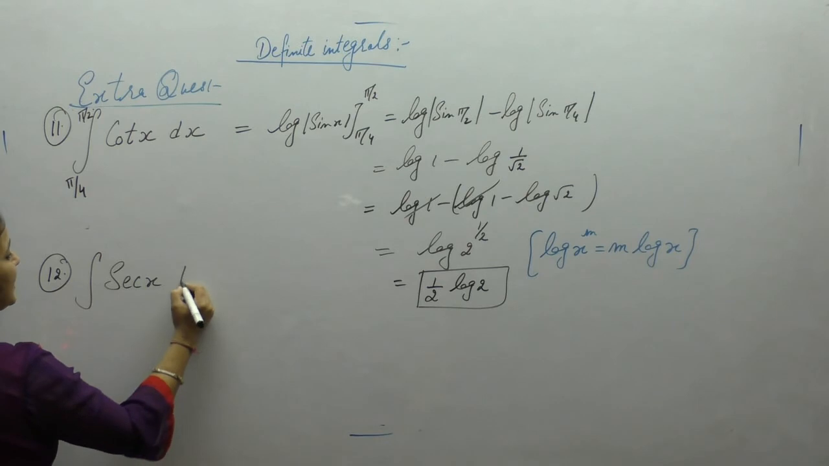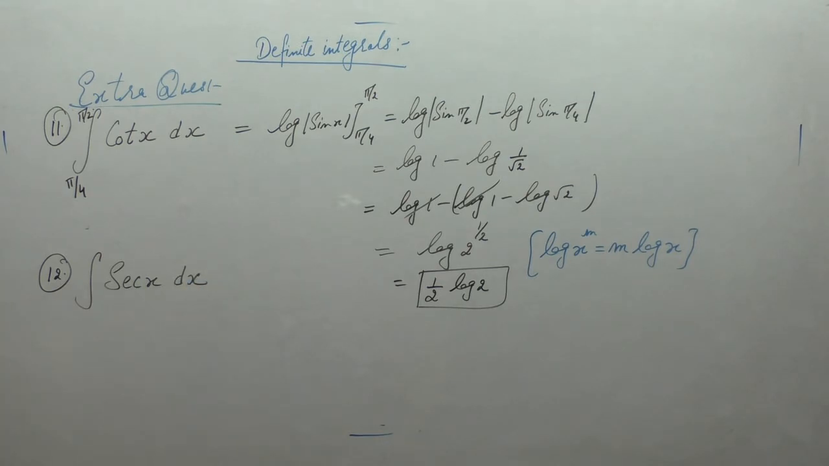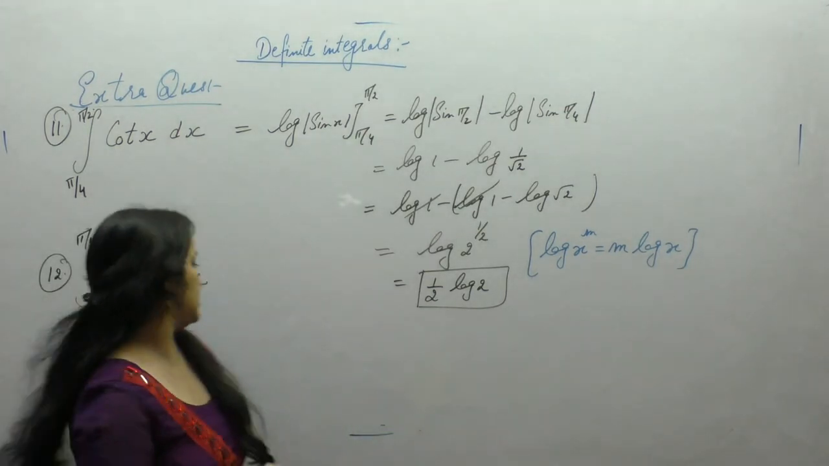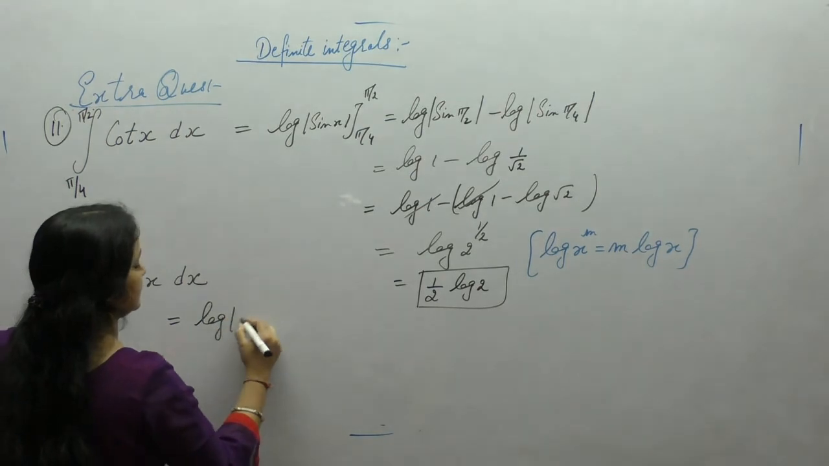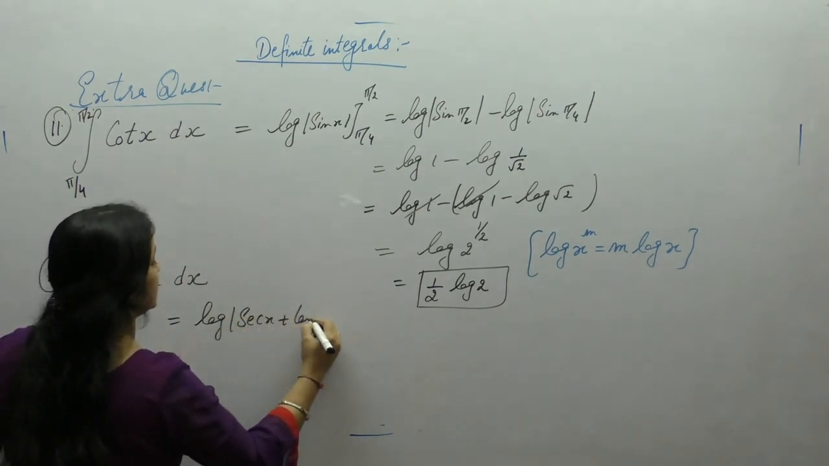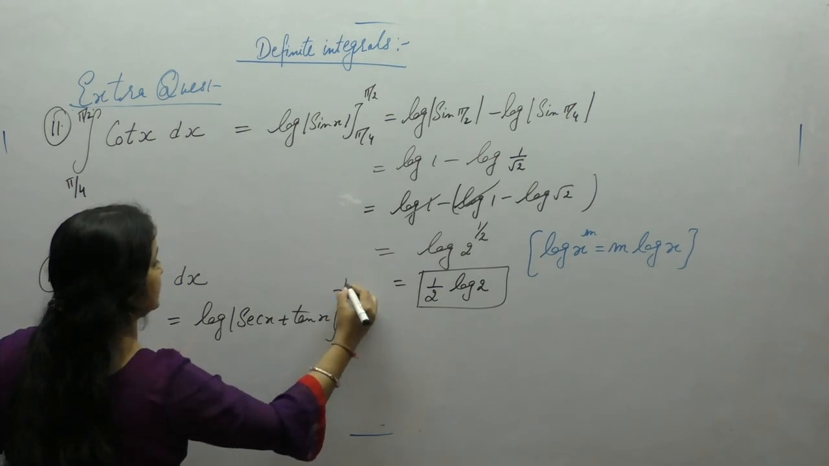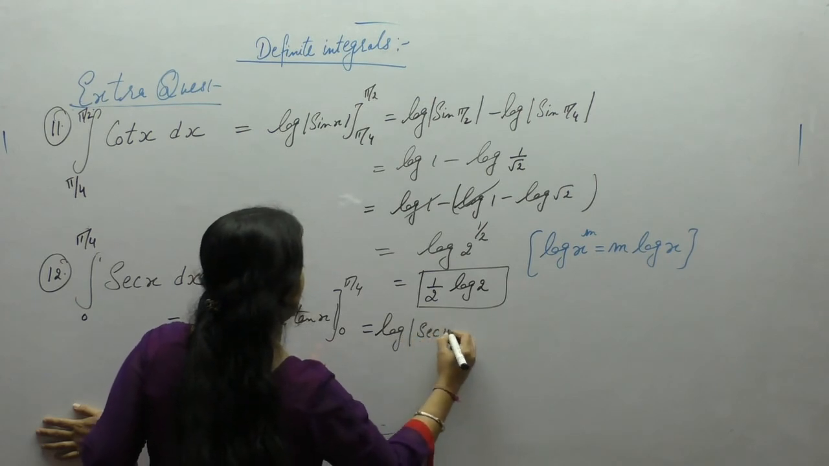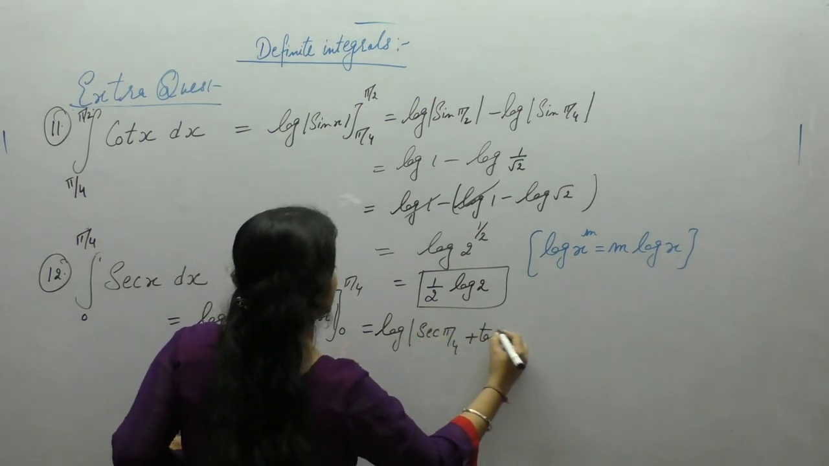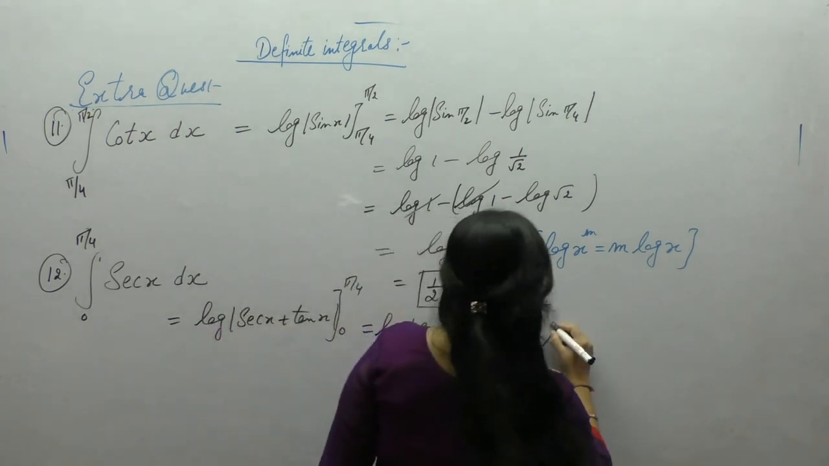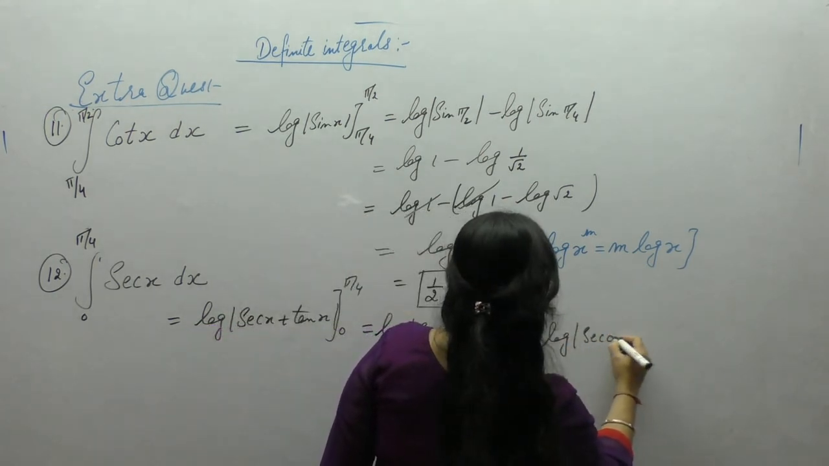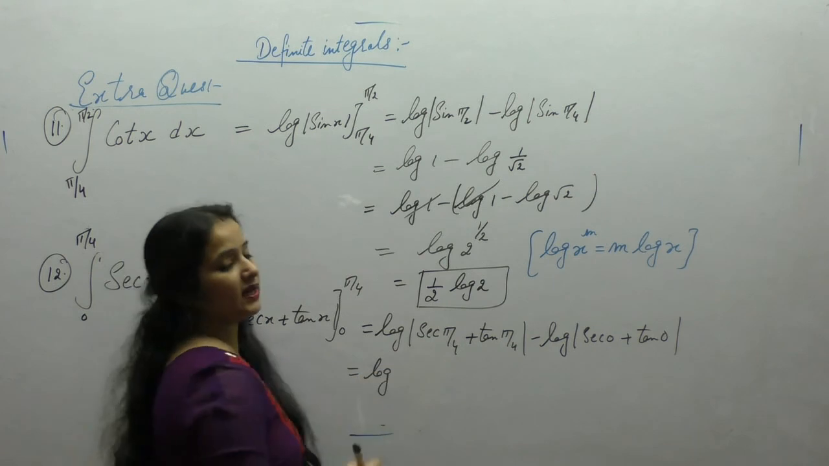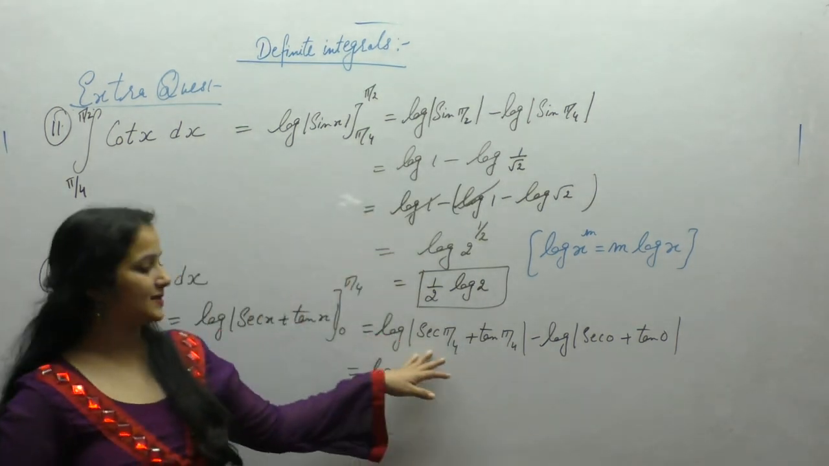Integral of sec x dx, limit is 0 to pi by 4. Integration of sec x is log sec x plus tan x. Put the values. Upper limit log of sec pi by 4 plus tan pi by 4 minus log of sec 0 plus tan 0. Cos pi by 4 is 1 by root 2. Sec is the reciprocal of